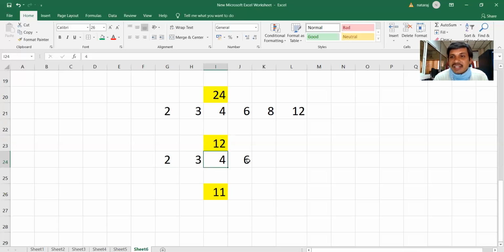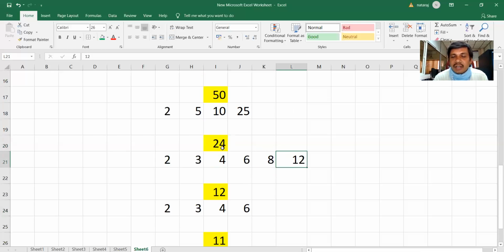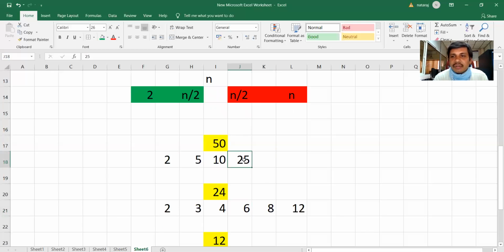So you need not check till 6, it is enough to check till 4. You need not check till 24, till 5 is enough. You need not check till 50, it is enough to check till 8. Say if the number is 100, you need not check till 50, it is enough to check till 10. Square root of 100 is 10.